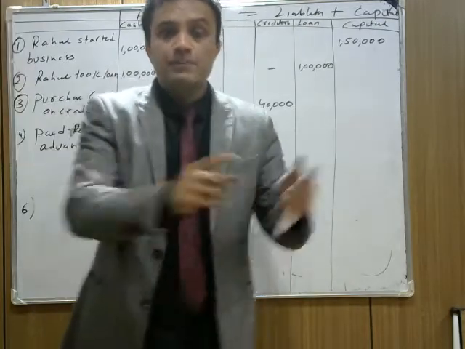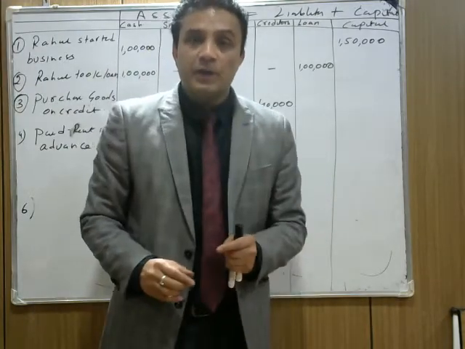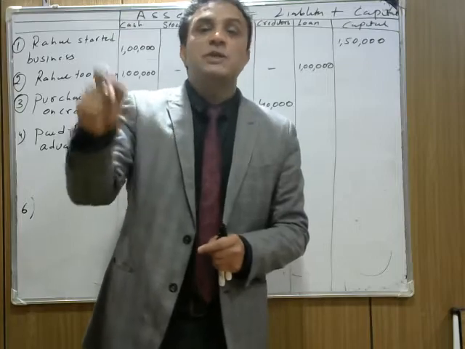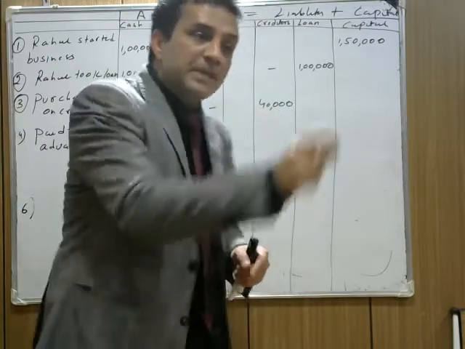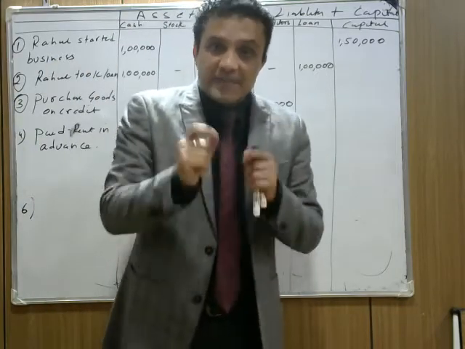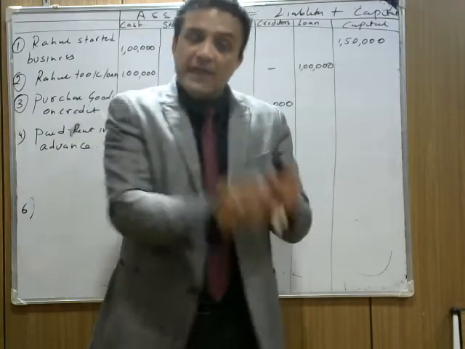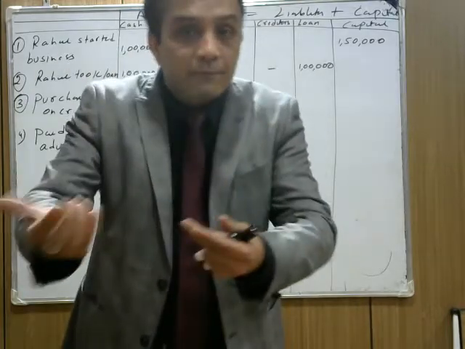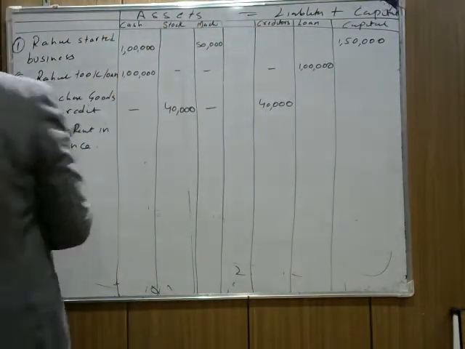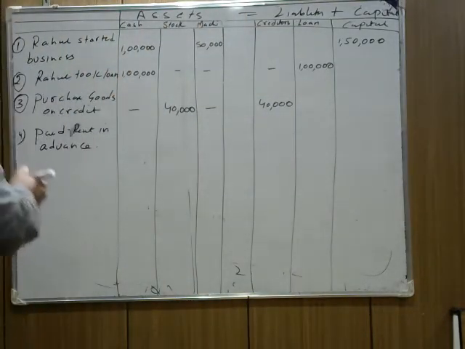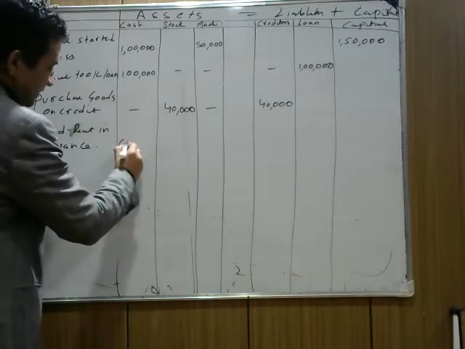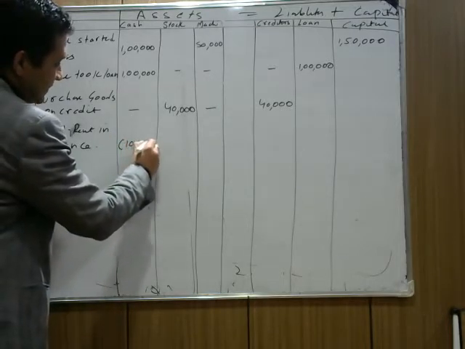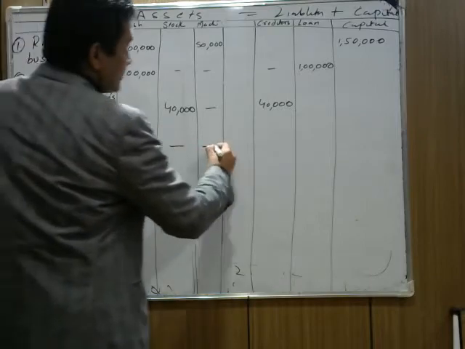जिस महीने का pay किया. Suppose this April month is going on, and you pay the rent of May, June, and July. So this is an expense for May, June, and July. This is an expense for May, not for April. So till April it remains an asset because you already paid in advance. So we write paid rent in advance 10,000 rupees. So your cash 10,000 will decrease. No change in stock, no change in machinery.